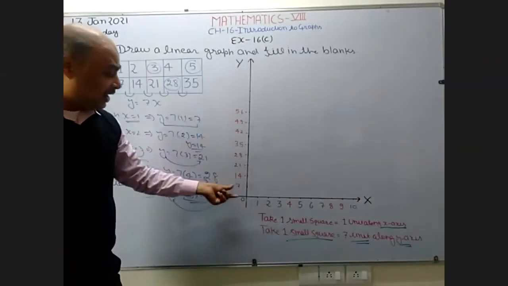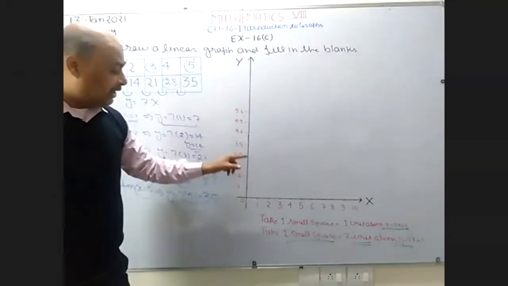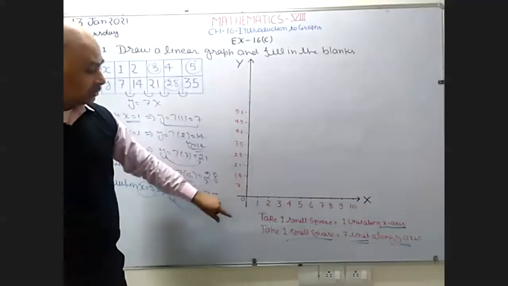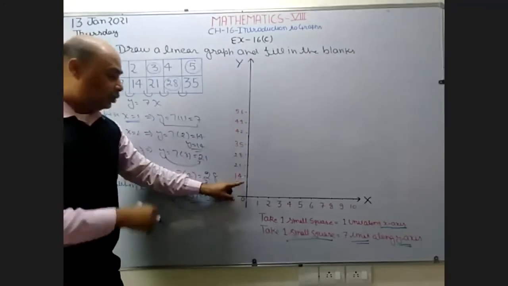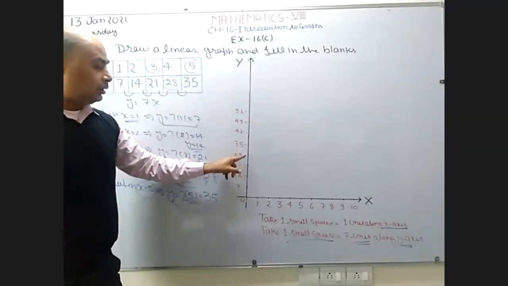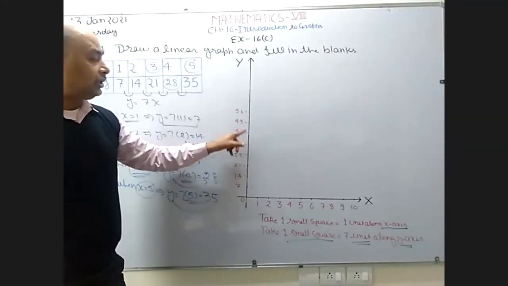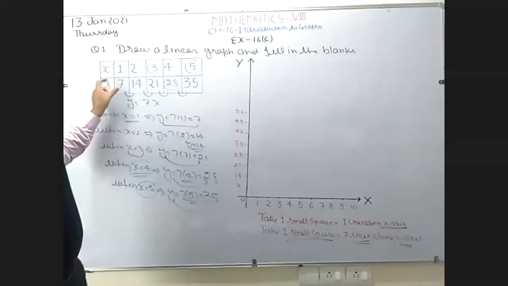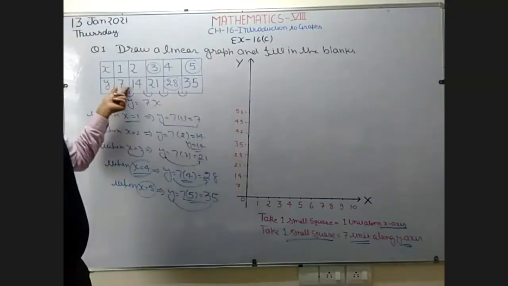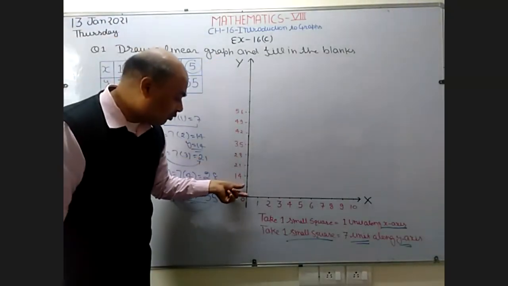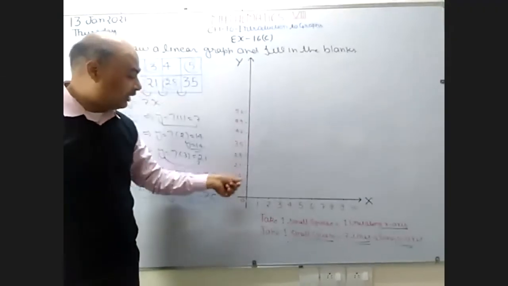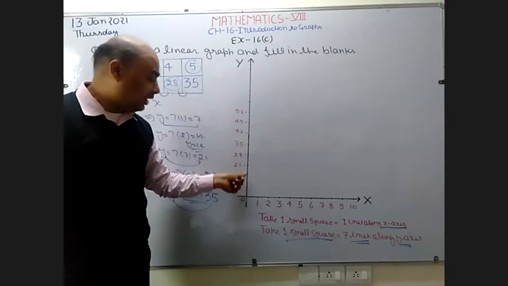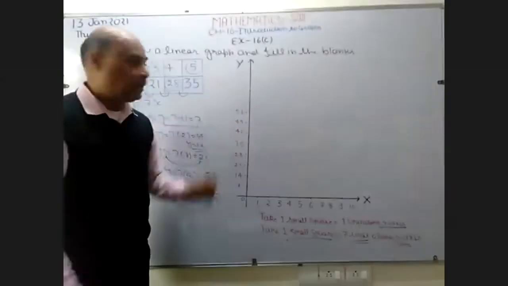Clear? If I take one small box equal to 5 units, it means it's going to be increased by 5 units again and again. If I take the first small box equal to 5 units, the next is going to be 10, 15, 20, 25, 30, 35, and so on. But in this question, along the y-axis, I take my small square equal to 7. It means it's going to be increased by 7 each time. So first is 7, next 14, 21, and so on. Okay. Now check this table.